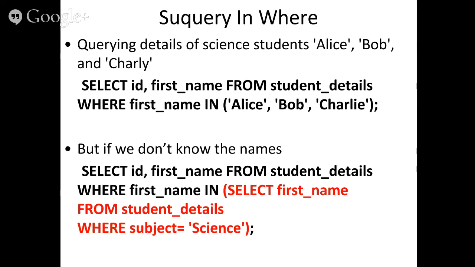Instead, I can generalize it and say, hey, you know what? Just retrieve all the first names from the student details where the subject is equal to science. That returns an array of all the students. Presumably, right now it's only Alice, Bob, and Charlie, but it could grow, it could shrink. This is much more generic. It could be reused as new users are added or removed from the